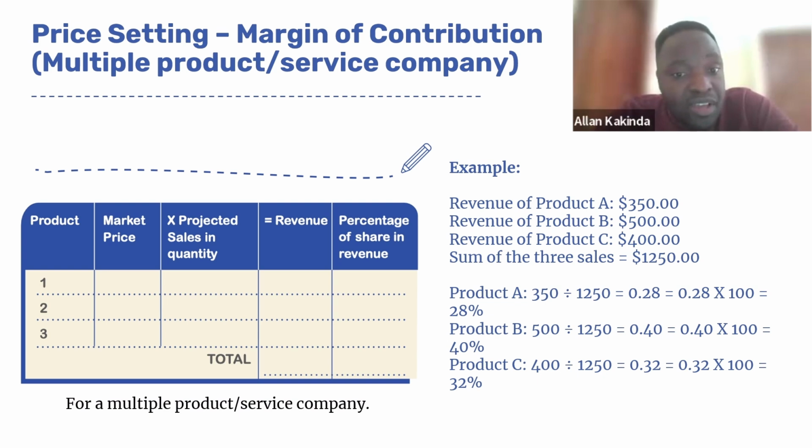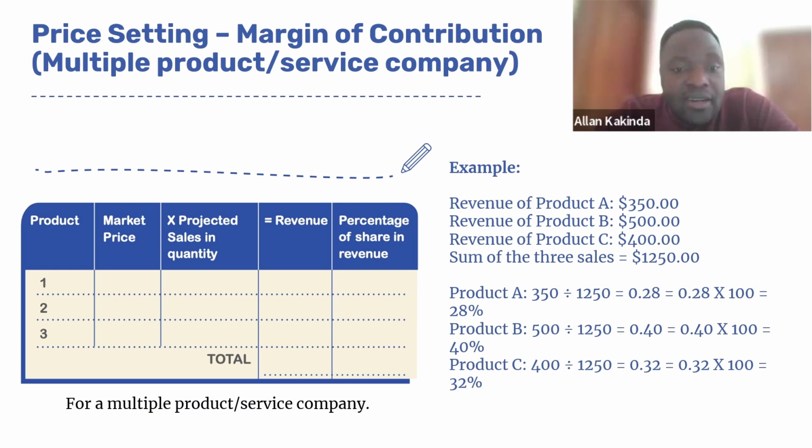For example, if product A gives us $350 total revenue, when you multiply the market price by the projected sales, we get $350. Product 2, let's say you have a market price of $250 and you're hoping to sell 2 and you get $500. Same for product 3, you get the total revenue. So add up those revenue figures, you get